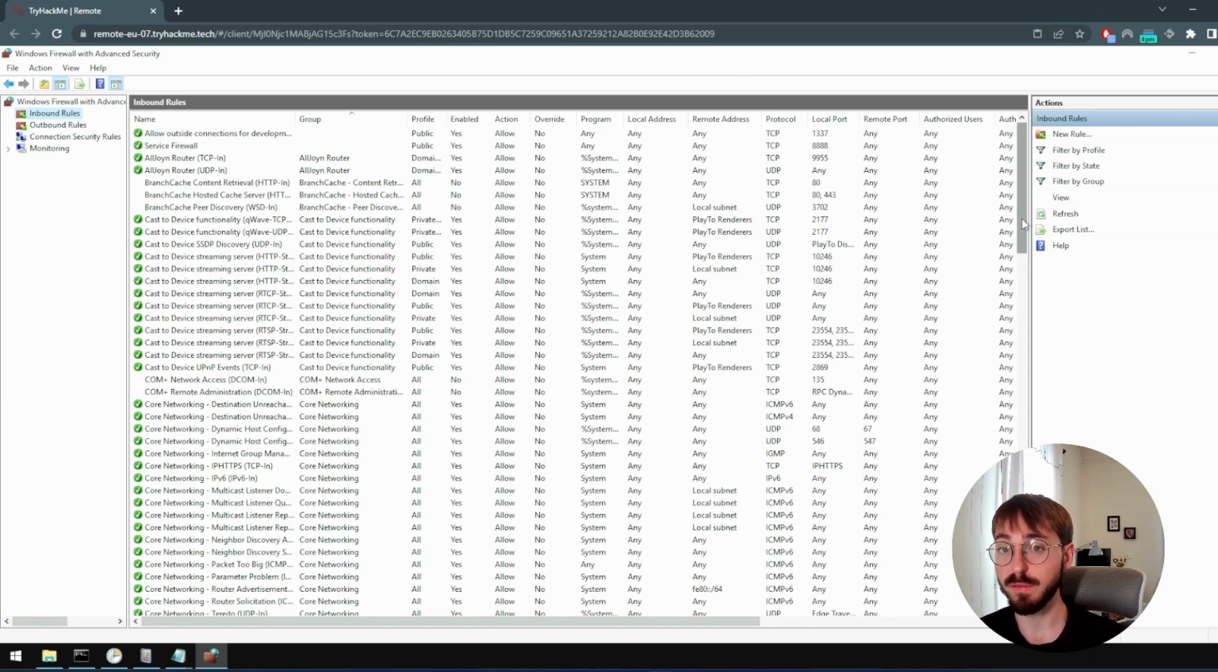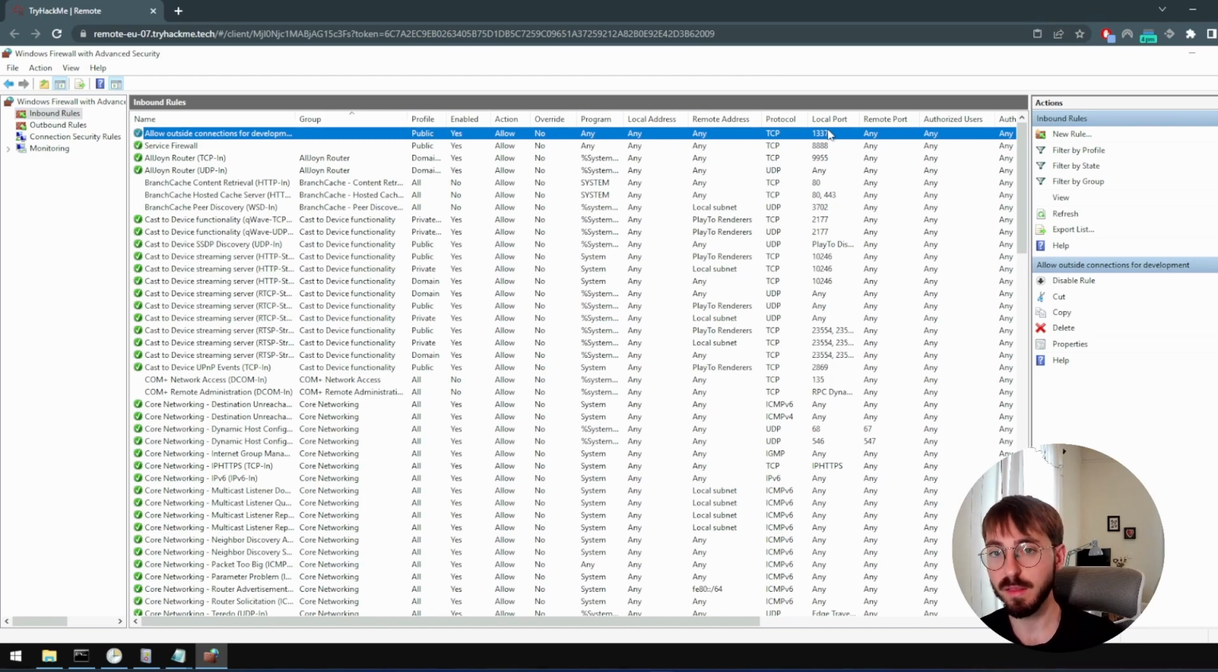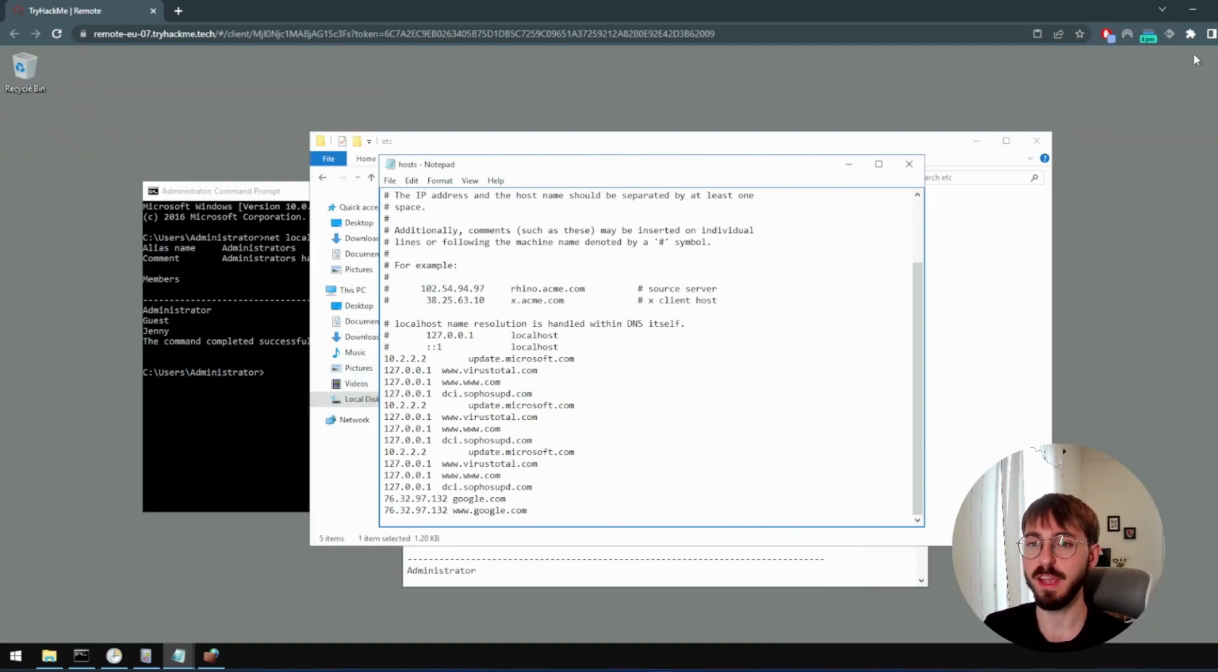And we can see that the very last one put in there is right here. That says 1337. That says allow outside connections for development. So that's a very good indication that this would be the port that they used. And then the very last thing for our investigation, so we can understand what was going on here, is again